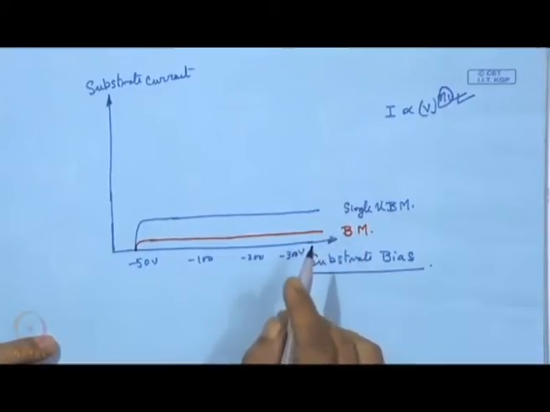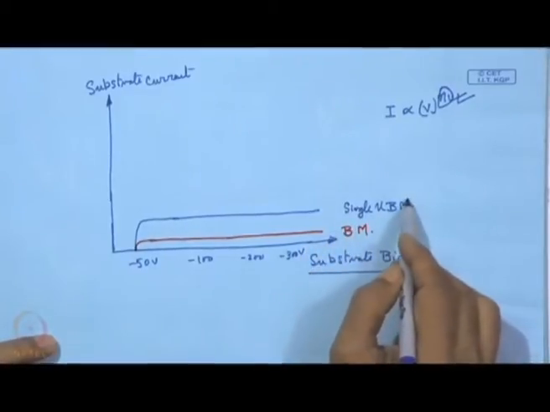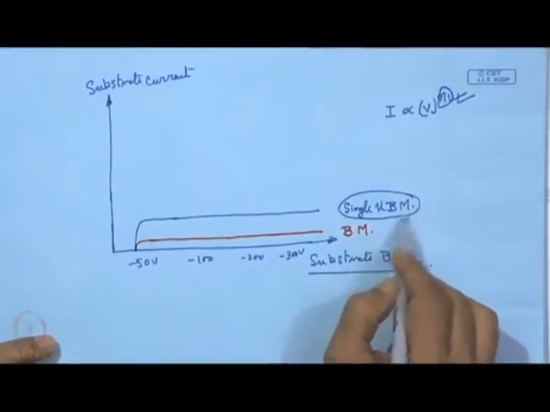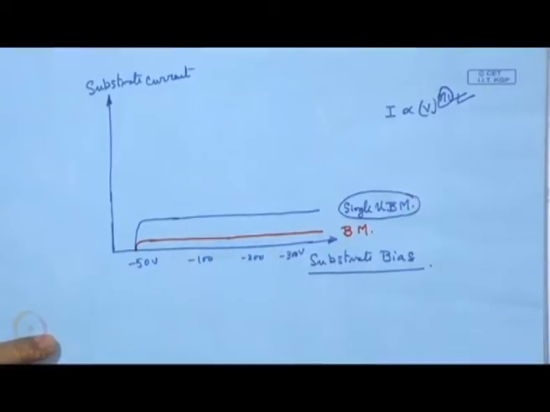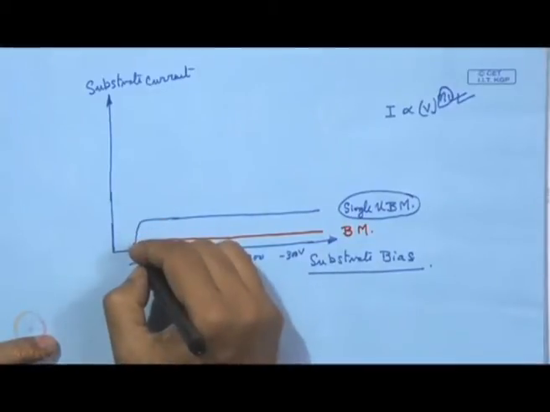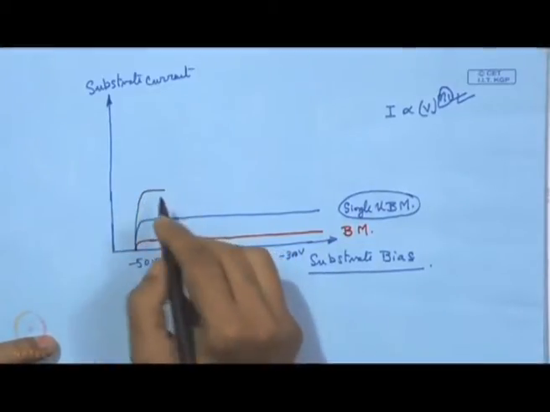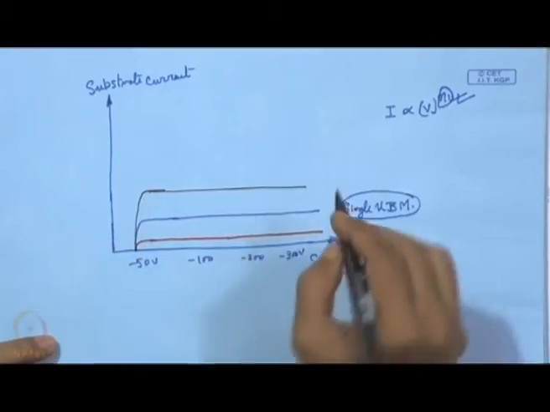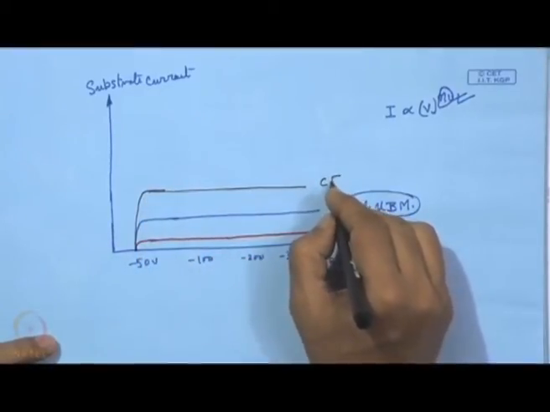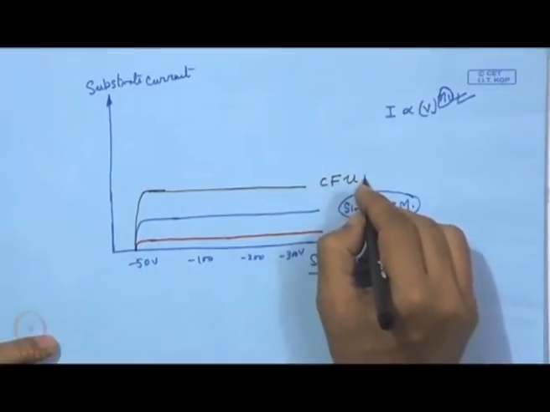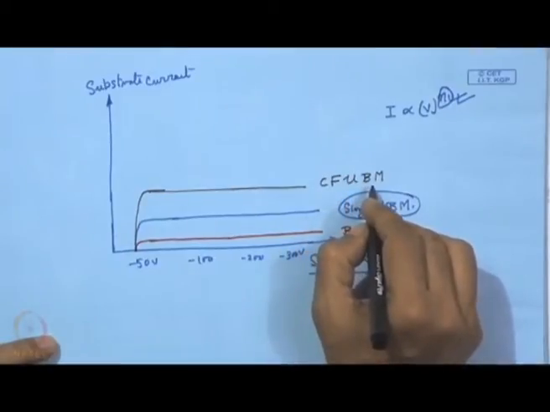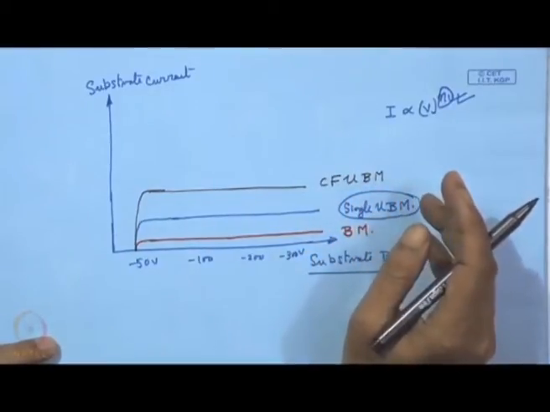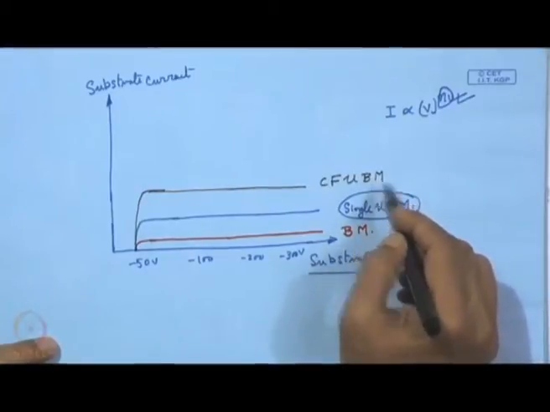So, one objective will be to have an alternative method to generate more substrate current. A lot of attempts have already been made, and the outcome we can see by augmenting this current is the close field UBM, that means close field unbalanced magnetron,